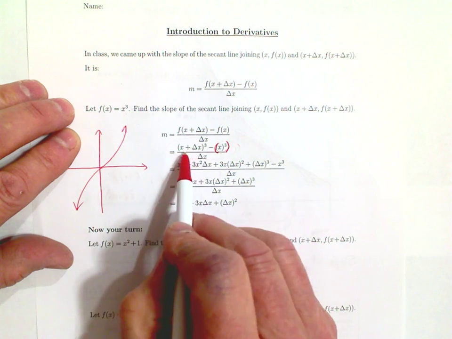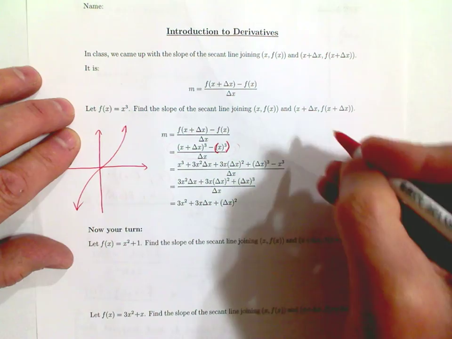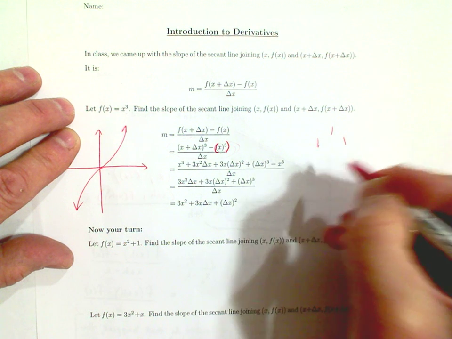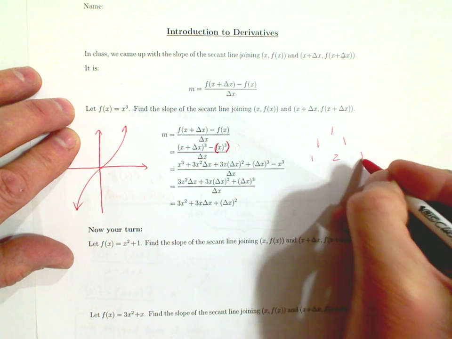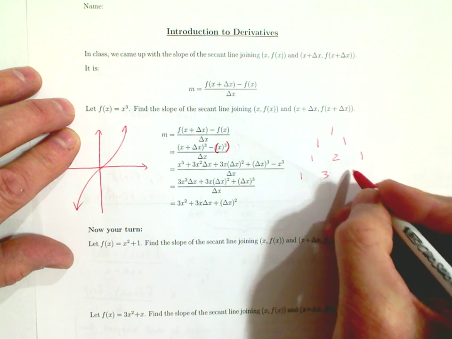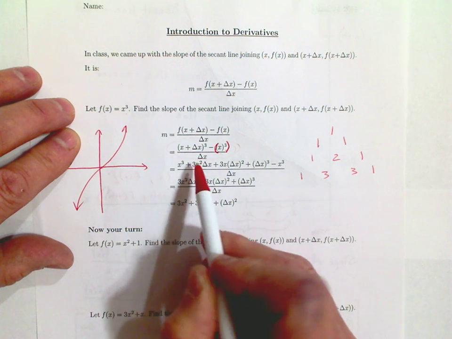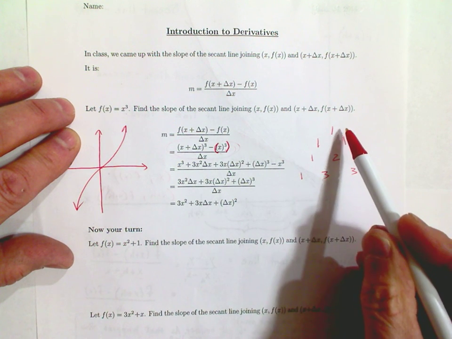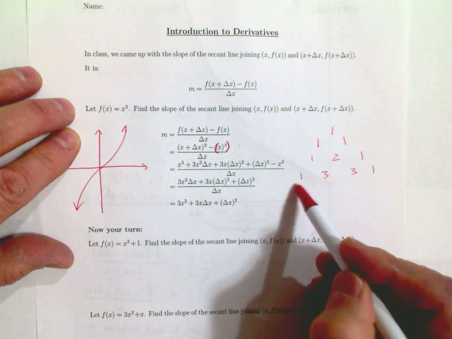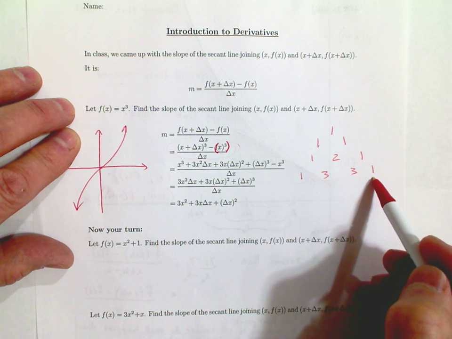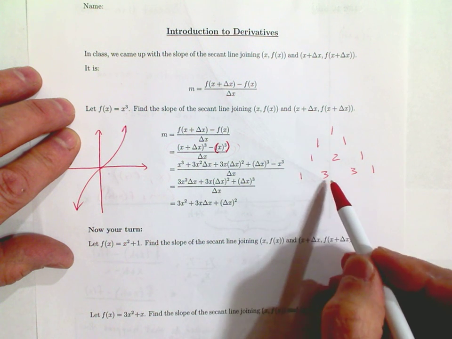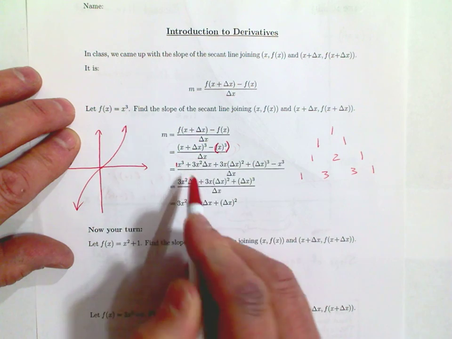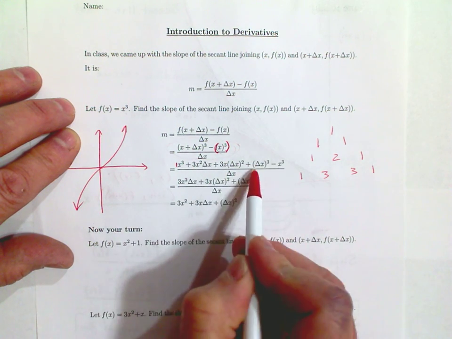So that is an expansion of a binomial. And you guys, we've done this before. So I'm just going to go ahead and write out my Pascal's triangle. This is a binomial that is being cubed. So that means degree 0, 1, 2, 3. These are my coefficients. Okay. So 1, 3, 3, 1. And you can see them right here. 1, 3, 3,